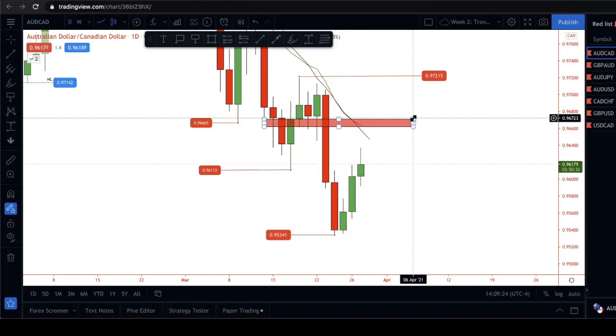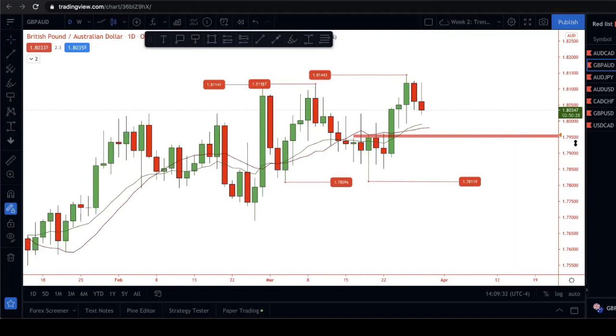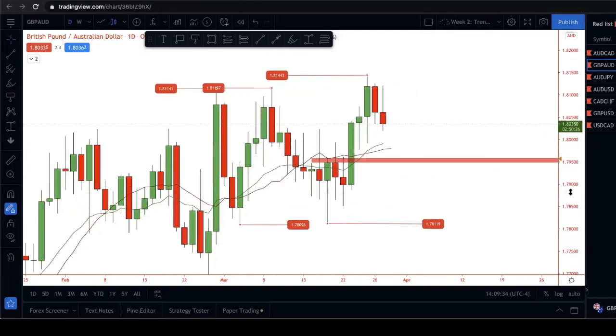So now what I'm going to do, you guys, is go over to Pound AUD. Looking at Pound AUD, what I'm noticing about this pair is price is actually going opposite. Now does Pound AUD and AUDCAD correlate? No, not 100% of the time. However, the reason why I'm looking at Pound AUD is because of the trend. Price has been going in an uptrend, as you guys can see. If we just look at our last few exchange rates, we can see that price was trading around